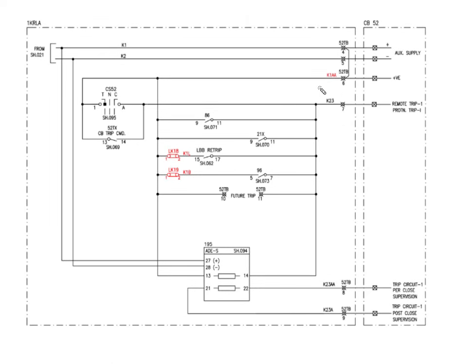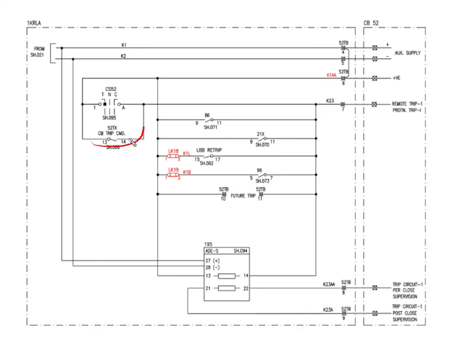Okay, now what we have is, we need to loop this thing. Okay, 52TB4 and 52TB6, and that positive will then go through the TNC switch and through the tripping contact of the